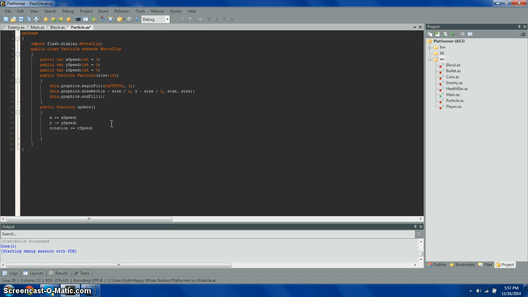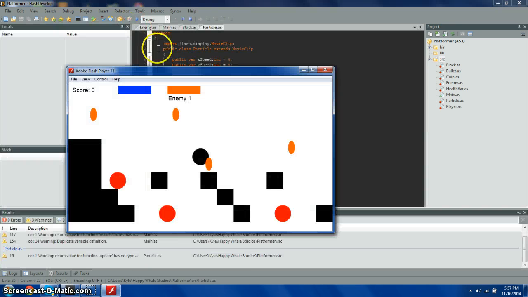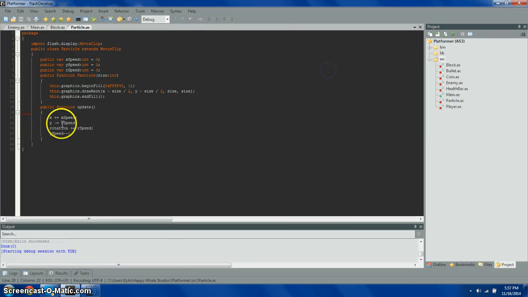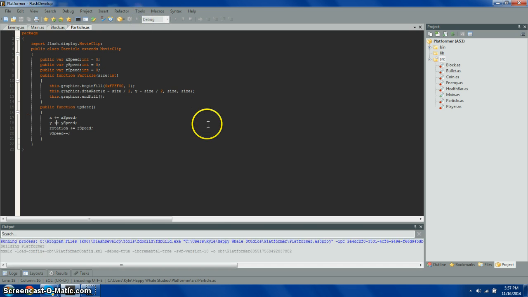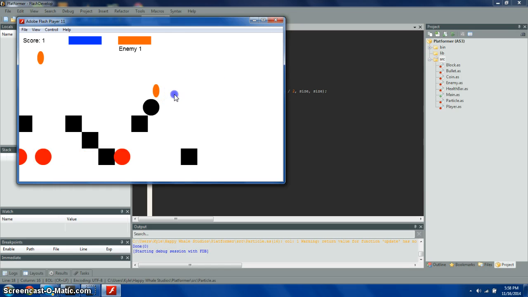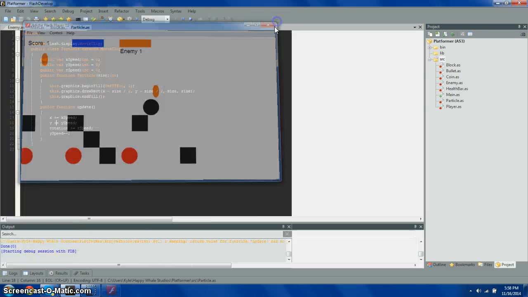Oh yeah, in here I'm going to put, at the end, y speed minus minus. What that's going to do is simulate gravity on our particles, so that when they are falling and moving at whatever speed they're moving at, they'll still be falling. So, alright, this should be plus speed, because that didn't quite work how I wanted it to. So now we run this and we get these particles that look like they're really just following the